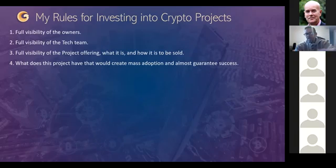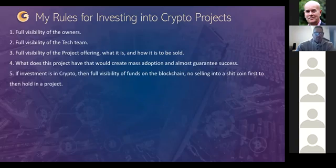It can't be really something that everybody else is doing, because there's no need to have a copycat. If the investment, hang on a sec, I just need to